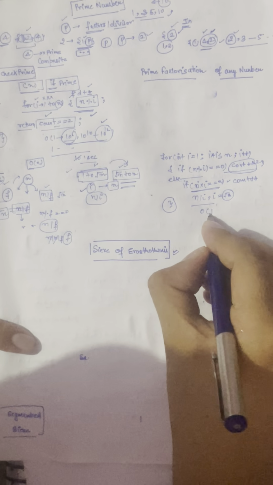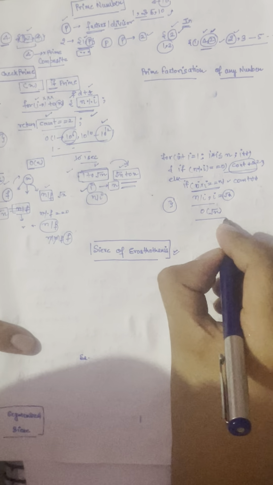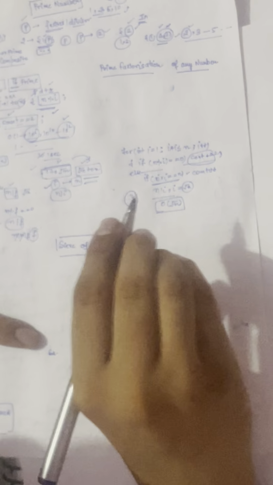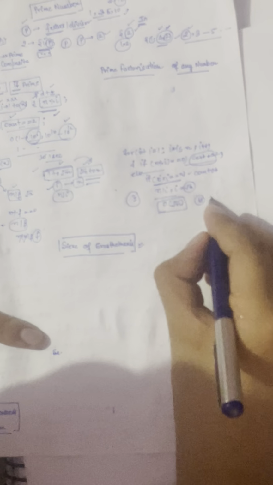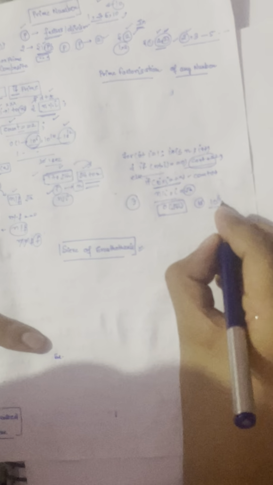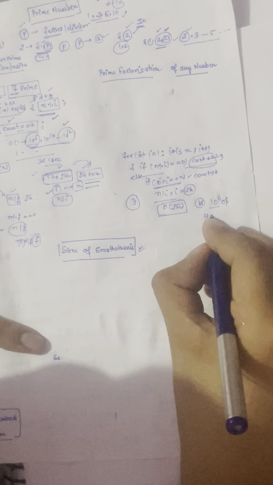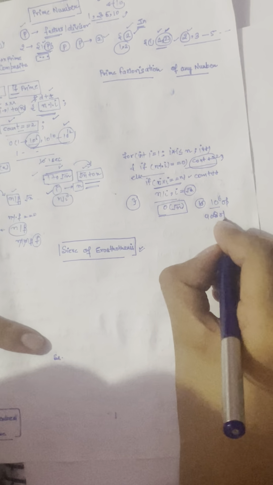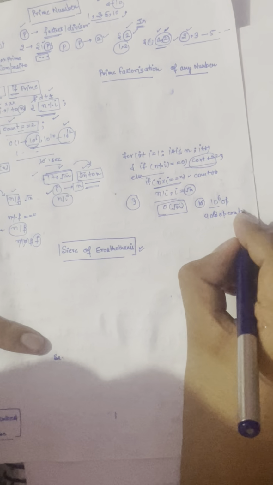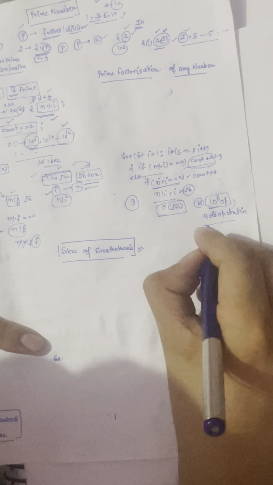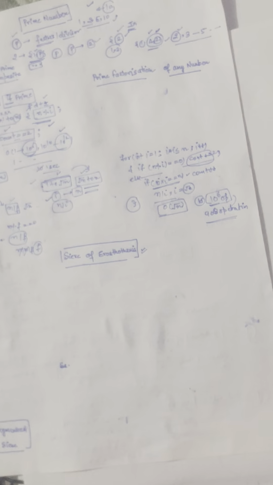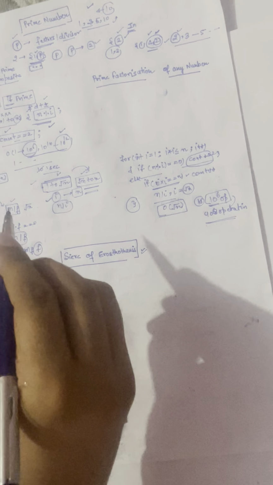in O of root n. So we have significantly reduced our time complexity. Earlier it was taking 10 raised to power 6 operations, now it would be just taking 10 raised to power 3 operations. And this is a super reduction. If it takes 1 second, then it will be taking milliseconds. This is one of the optimizations which we can do when it comes to checking prime.